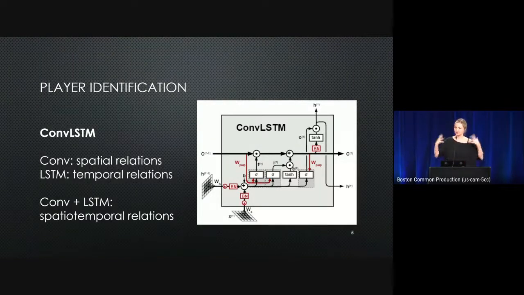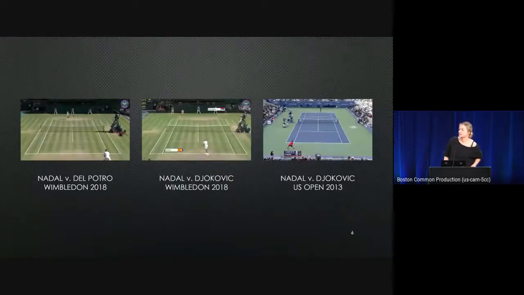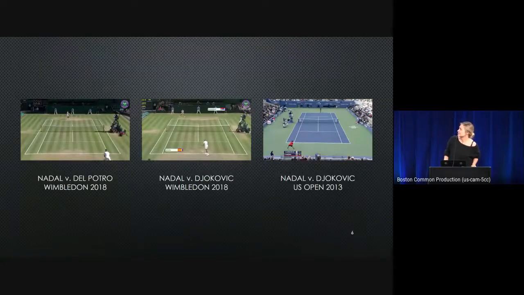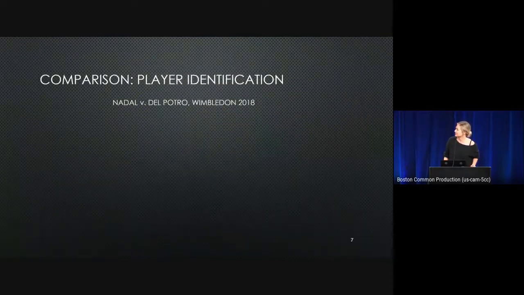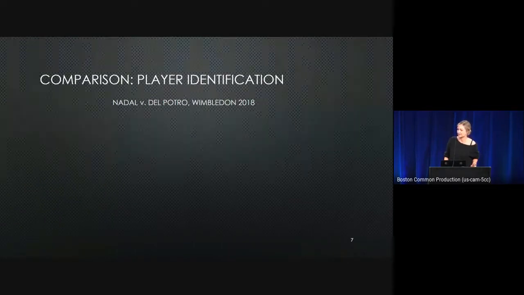So not just what does your body look like at any given moment, but how does that relate to a couple minutes in the future and a couple minutes in the past. So these are the videos we're going to be looking at. You have Nadal versus Del Potro at Wimbledon 2018, Nadal versus Djokovic at Wimbledon 2018, and Nadal versus Djokovic at US Open 2013, 5 years previously. And you can see that the single constant here is Nadal, which makes it easy to follow for what we're doing, which is player identification. We've got that constant going through all of them. So starting with Nadal versus Del Potro,